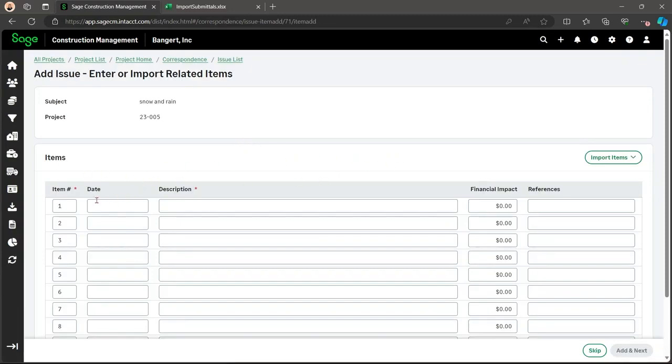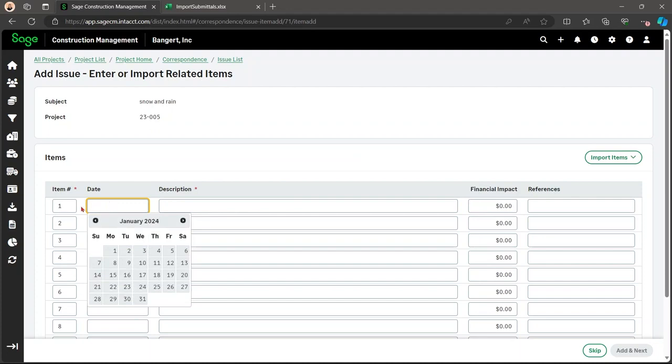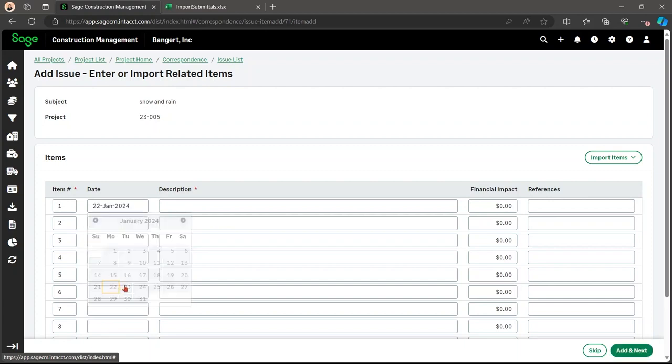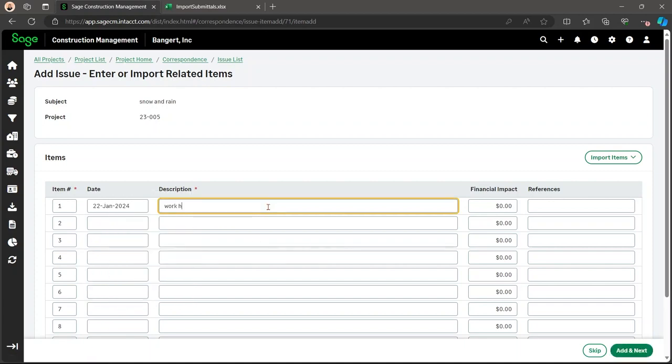Here, it brings you to the items. The item numbers will be put in for you, and then you need to put in the date and description. Here, you can put in the financial impact and the references.